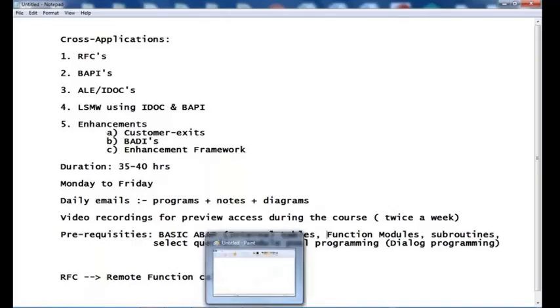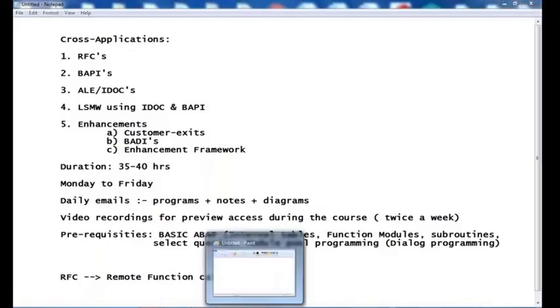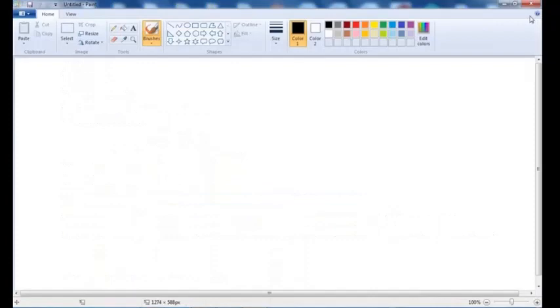and how is it different from a normal function module? We can classify function modules basically into two things. One is the normal function module, another is the remote function module. Whatever we know as part of the basic ABAP, we just call a normal function module. So what is the meaning of this? Suppose assume that,